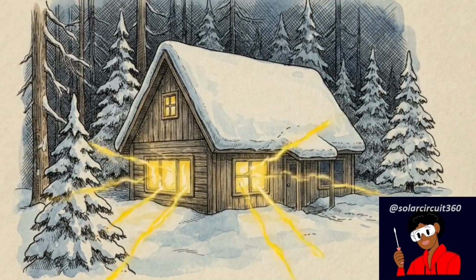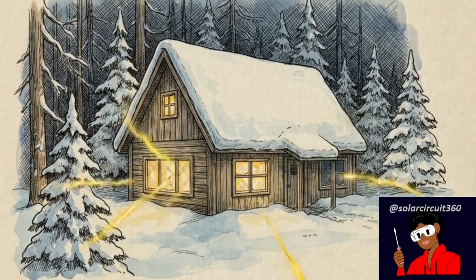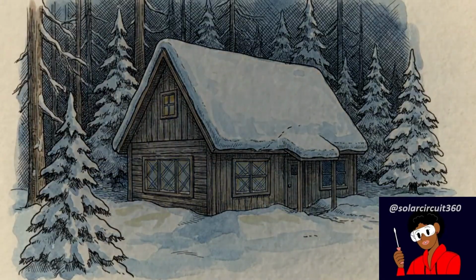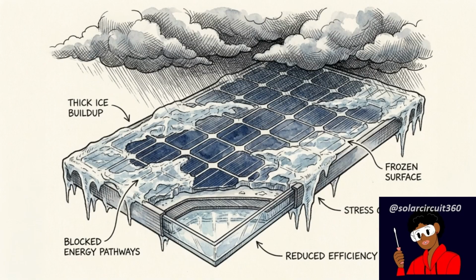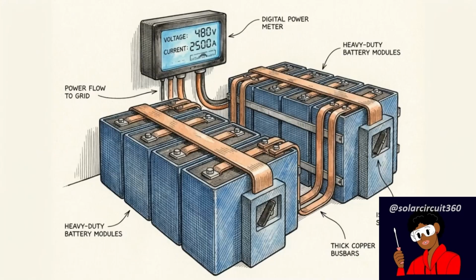When you sever ties with the main utility grid, you inherit total responsibility for your own survival. A sudden drop in temperature or a week of heavy cloud cover quickly exposes the limitations of a system designed for a static environment. To prevent that failure, we are setting a strict engineering mandate. We will design a 24-volt solar architecture that delivers exactly 5,000 watt-hours, or 5 kilowatt-hours, of usable energy every single